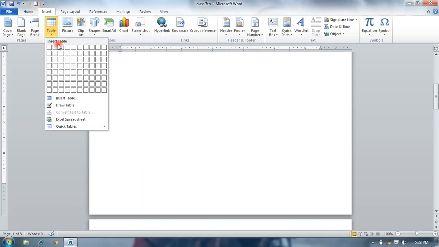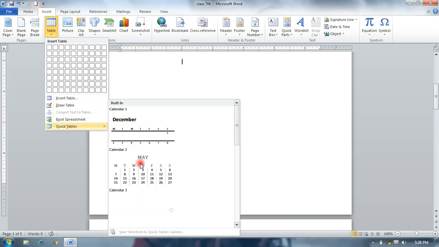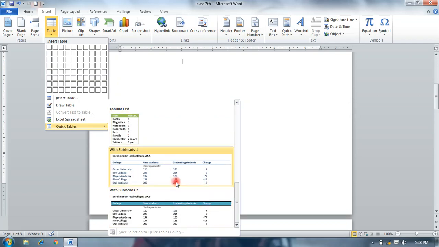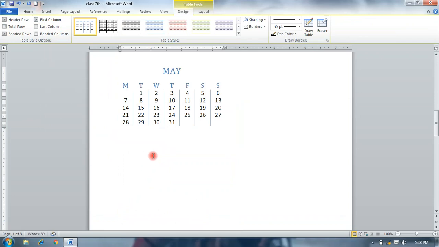The last is quick table. In quick table, we can insert quick design tables as per our requirement, and we can also change our data, like select a table design from the quick set, and select this, and you can change any data.